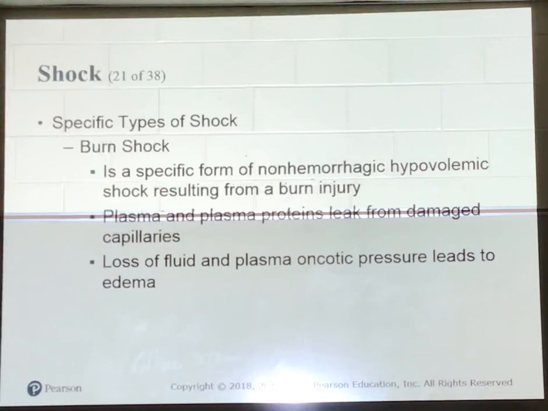Do y'all know what most burn patients die from in the pre-hospital setting? That's usually in the hospital. I'm talking about the first 5 minutes. Airway. Airway management. Okay. A patient with burns is very hard to manage their airway, especially if they have